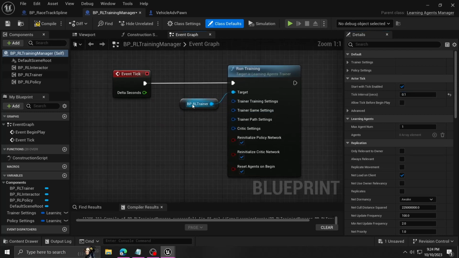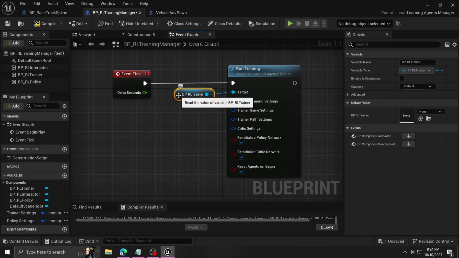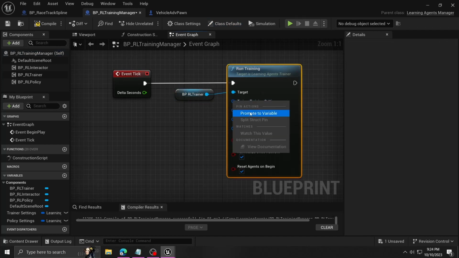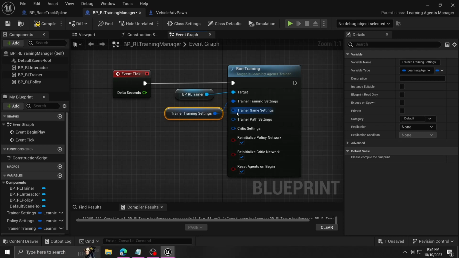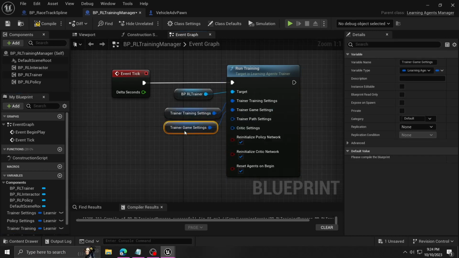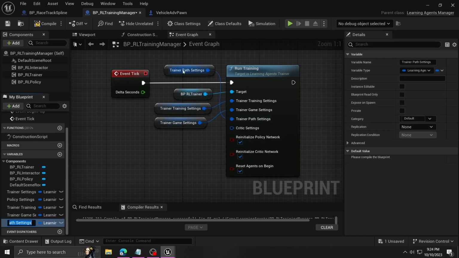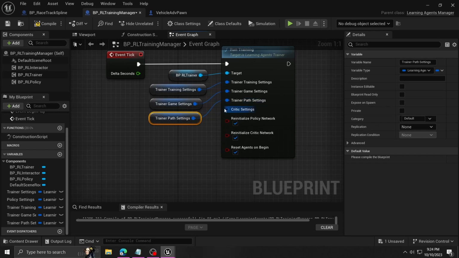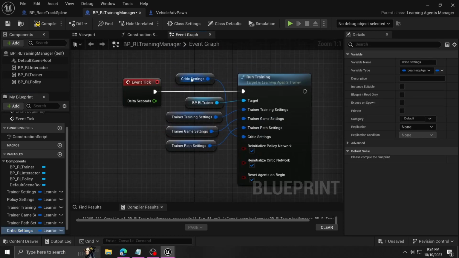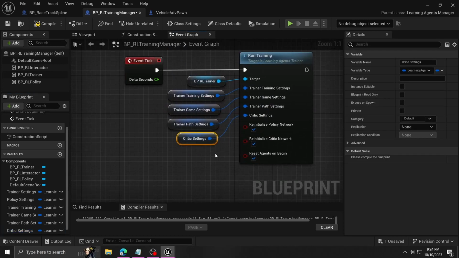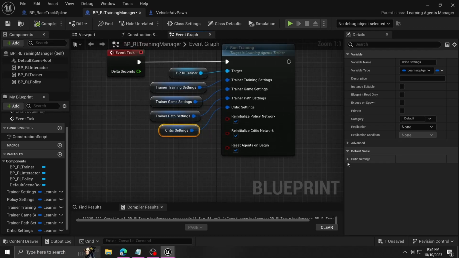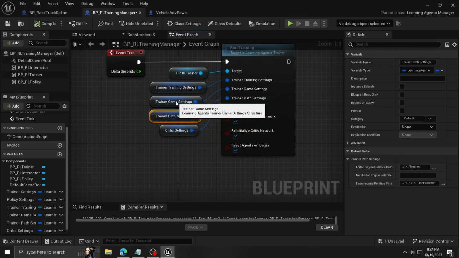And then on the run training, we're just going to promote each one of these dark circles to a variable, and we'll leave them all default, except for one thing on, well, like 3 things on one of them, but that's not in the tutorial. This is just my personal thing. So if you want to, you can just leave them all default. It should work. If you have any issues with it, you can choose to do what I did, which is change the, let's see which one it was,